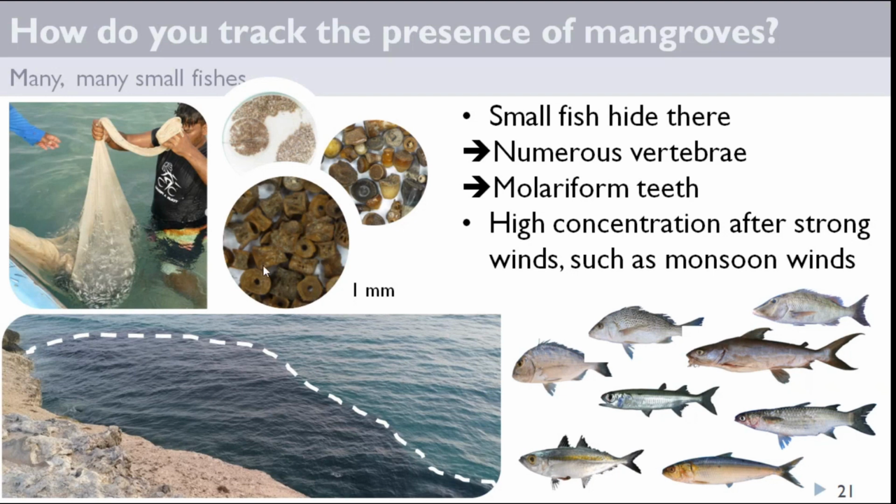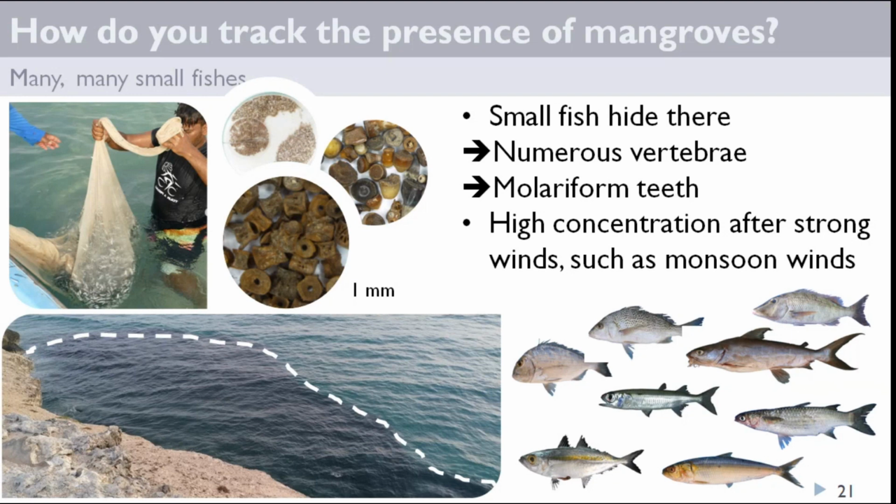So it's thousands and thousands of vertebrae of small fish, for example, the sardines. And you can also find a lot of molariform teeth from these fish. As you can see, this tiny fish could be very easy to target in a school, as for example in this picture, which shows a high concentration of tiny fish, probably sardine, after strong winds that occurred 2 years ago in Oman. The photo was taken from a cliff, sorry, and you can see that all the black spots are thousands and thousands of tiny fish, so it's very easy to target